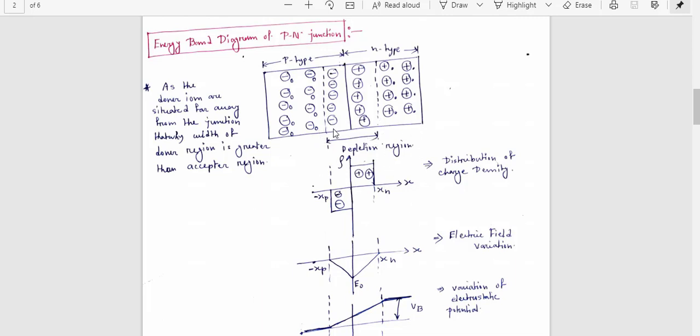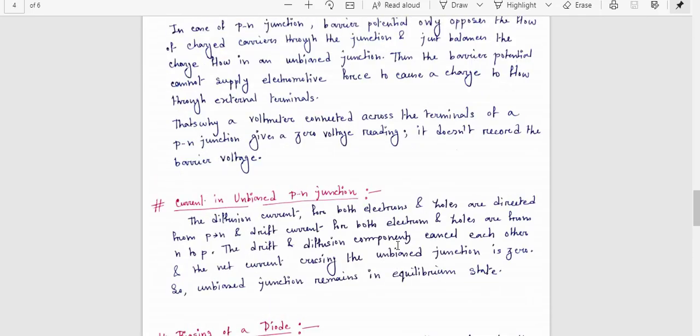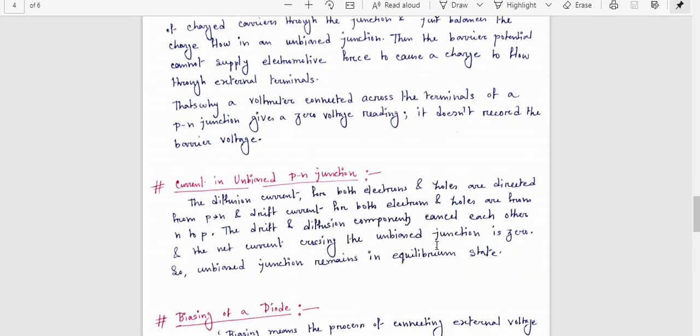Basically the purpose of this electric field which is generated internally through the PN junction is to oppose the further movement of electrons and holes. That means the purpose of this barrier field is just to hinder the flow of electrons or holes. So you cannot measure the value. If you connect a multimeter, your reading will be 0.